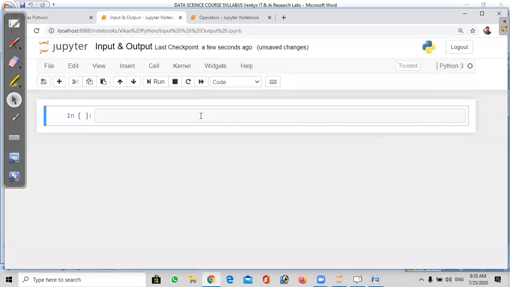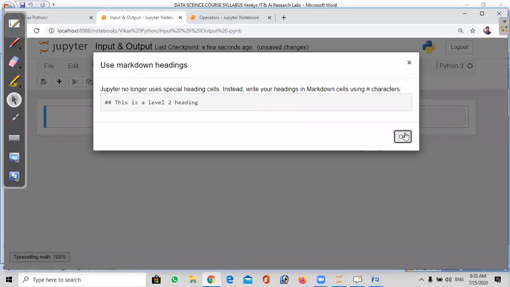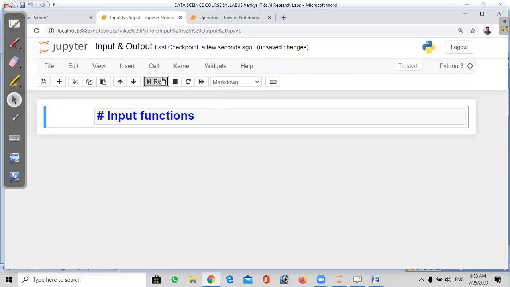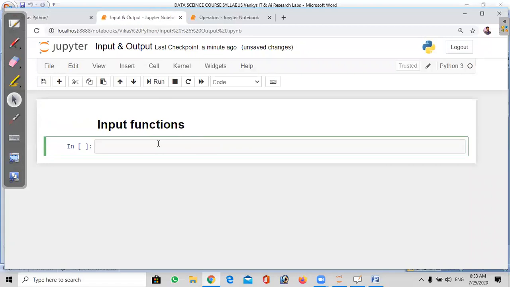Normally, if you want to give input or take the output from the program, we have functions. First one is getting the input. In Python, we have an inbuilt, predefined input function.